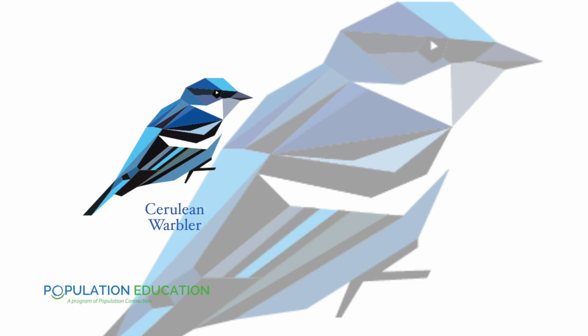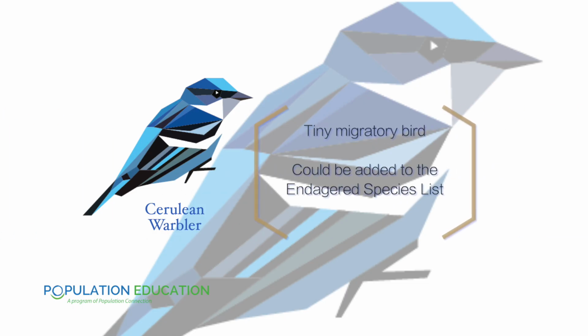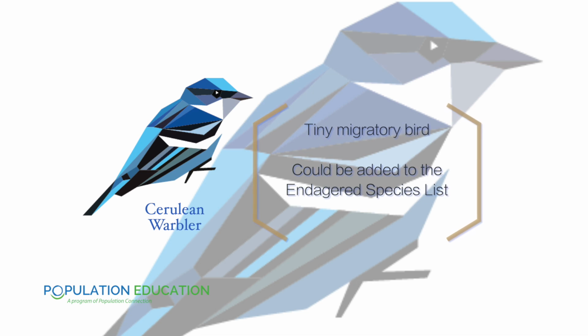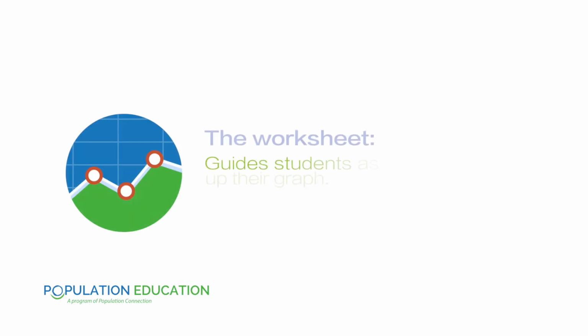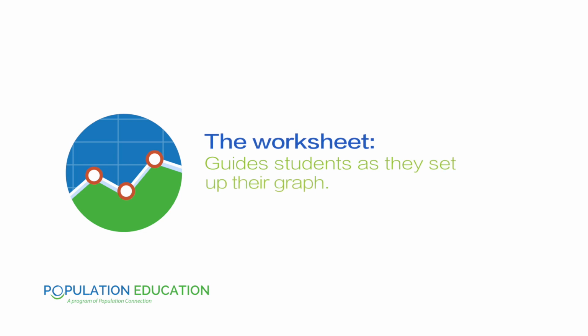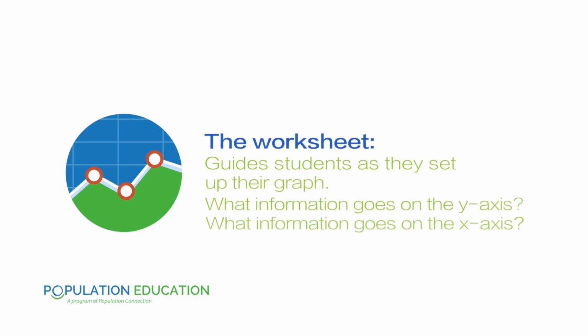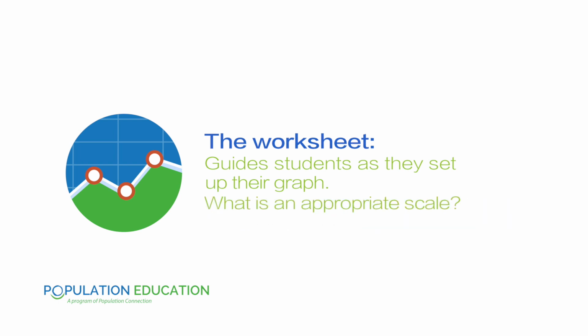So we provide students with a list of the 6 species that she studied, and a little bit of context about each of them. For example, for the cerulean warbler, it says, this tiny migratory forest bird may soon be added to the endangered species list, and it was studied in central Maryland over several years. To figure out the mystery, students have to divide and conquer. So split your class up into 6 different groups, and each group should have a worksheet with a data set on it. The worksheet guides students a little bit as they do the process of setting up and starting their graph. It asks them things like what they're putting on the y-axis, what's going on the x-axis, and how they should choose and fill in their scale.